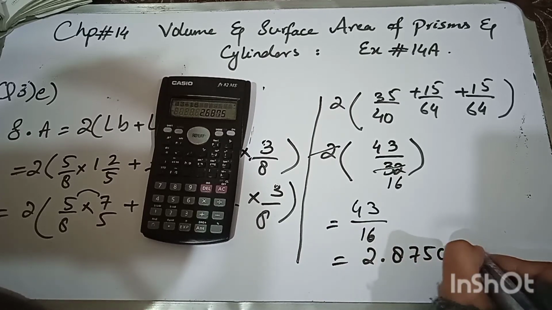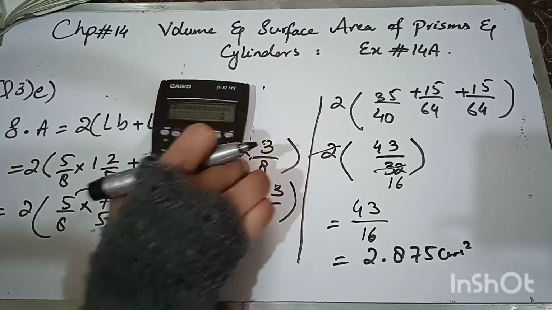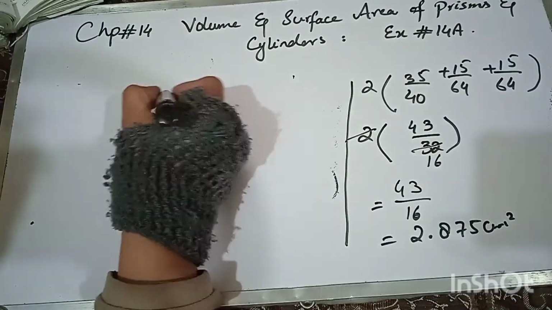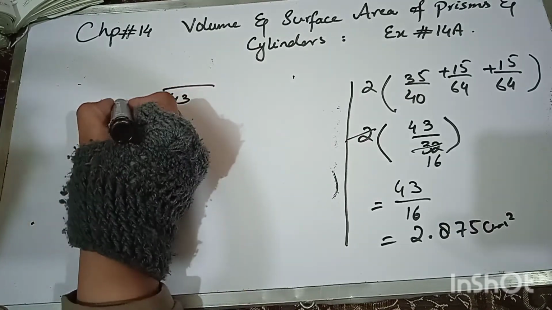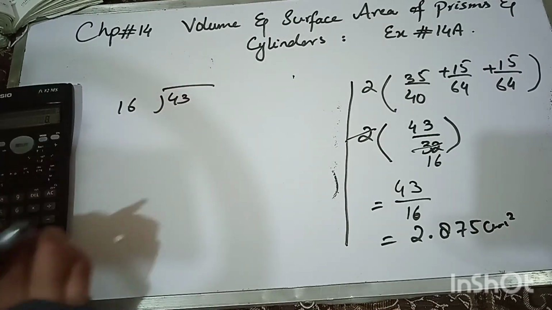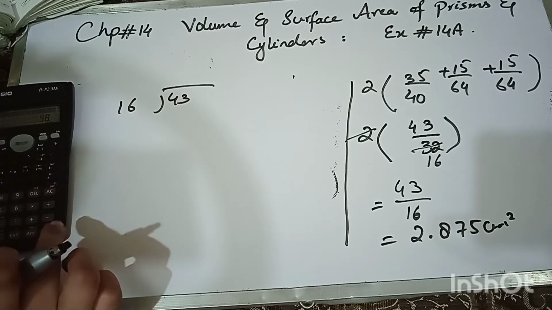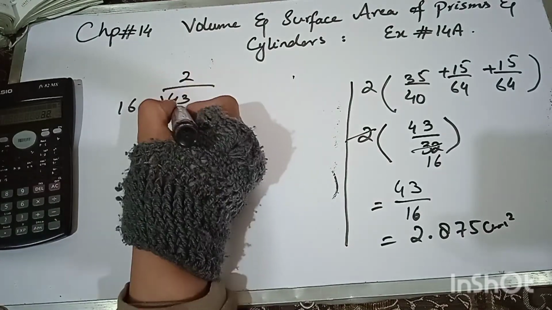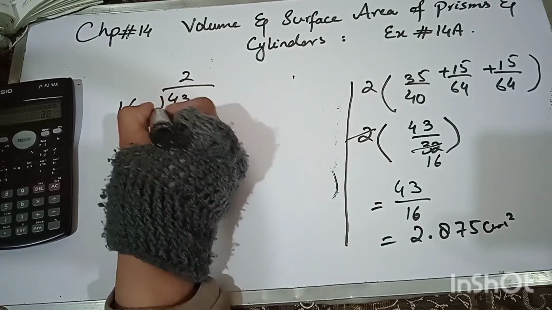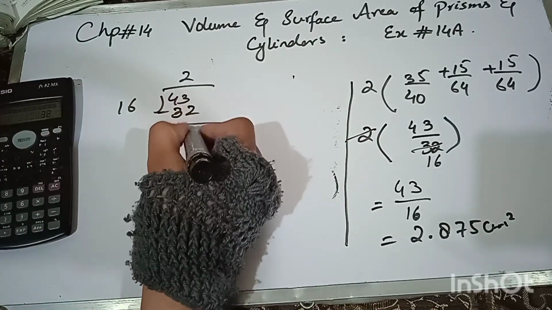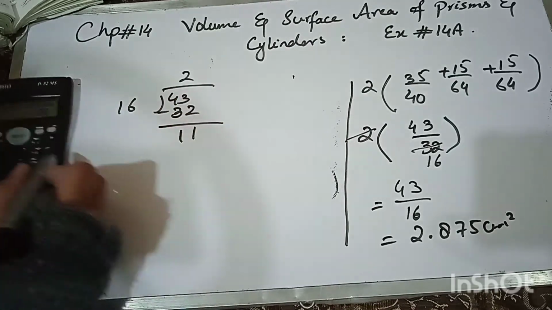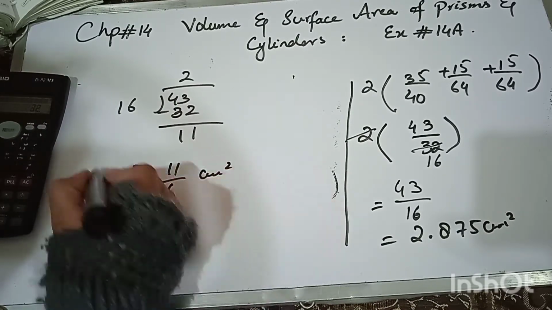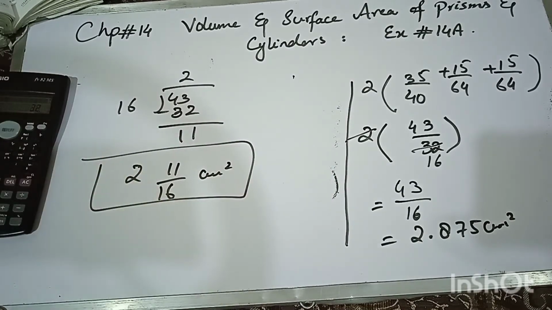2.875 सेंटीमीटर स्क्वायर. अब इसको अगर आप करना चाहते हैं मिक्स्ड फॉर्म में तो हम इसको मिक्स्ड फॉर्म में भी शो करवा देते हैं. हमारे पास है 43 और ये डिवाइड हो रहा है किससे 16 से, तो हम देख लेते हैं. 16 मल्टीप्लाई बाई 3 हमारे पास है 48, ज़्यादा आ रहा है तो 16 मल्टीप्लाई बाई 2, 16 2s are 32. इसके बाद से ट्रैक कर लें 3 minus 2 1 and 4 minus 3 1. सो मिक्स्ड फॉर्म में आंसर हमारे पास होगा 2 whole 11 by 16 centimeters स्क्वायर. सो दिस इज द सरफेस एरिया ऑफ द शेप.